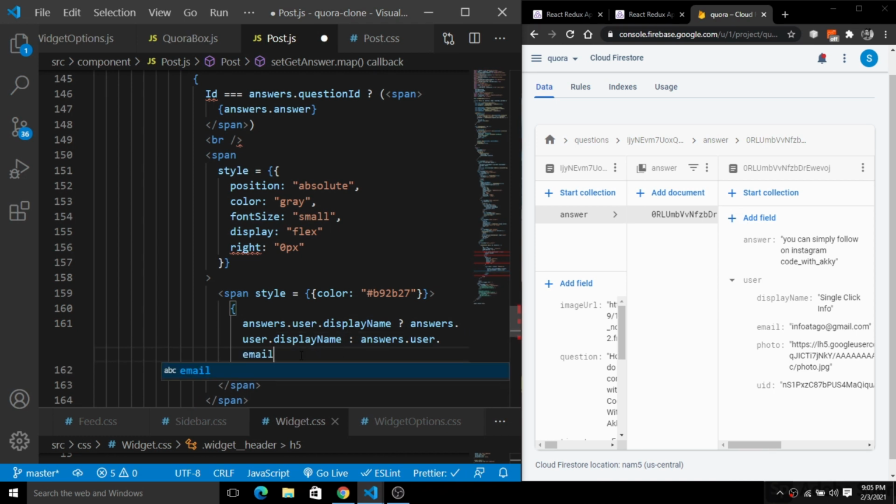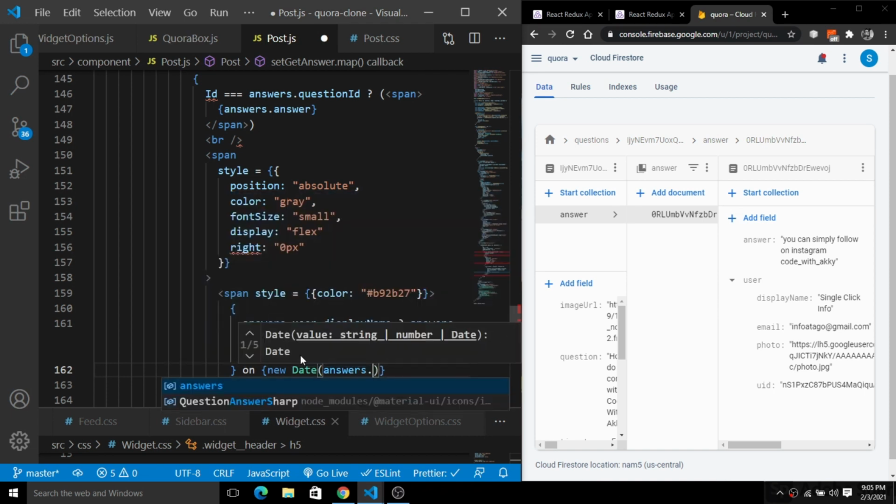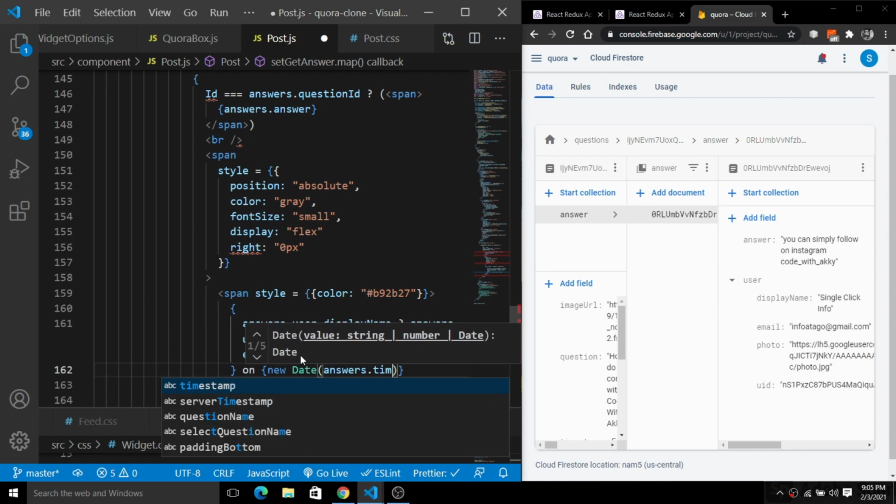Okay, and next we will add the answer on. So how we'll do this? So the answer is added by the user here, and after this we will add a timestamp here. So simply wrap it inside a new Date and simply change the timestamp here so that it will be in a local string, so that it can be easily readable.